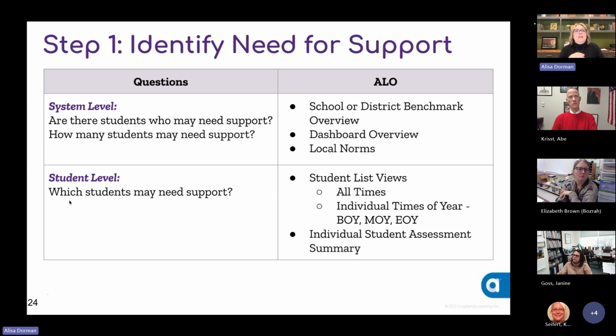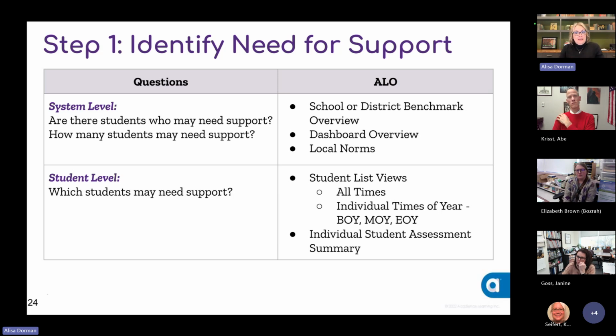So the first question that we would typically want to ask as educators about the data you have is which students may need support. So let's start with, we don't use Acadience Learning Online. Maybe you're doing something locally. Probably if you're creating your own local spreadsheet, you have all the students listed in a class or in a grade, and you can see from the data on the spreadsheet which students have been identified against those benchmarks, red, yellow, green, or blue, to determine that color coding association to risk profile. And so you'll be able to see that in your spreadsheet.